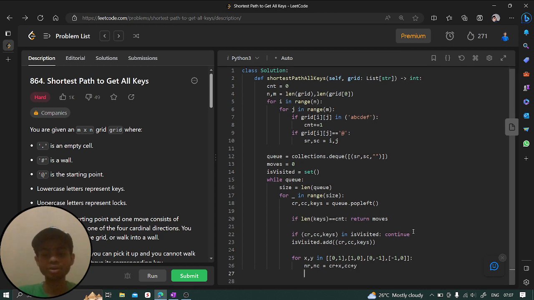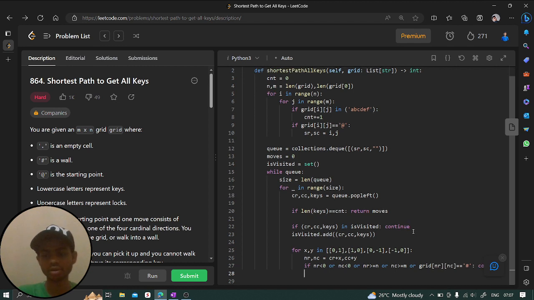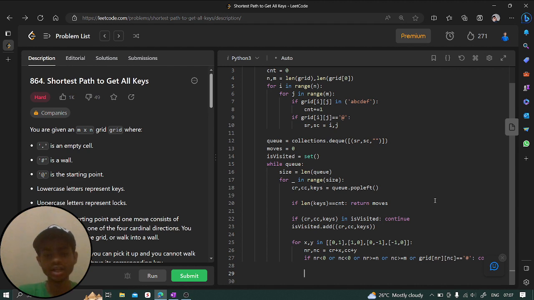Now once we got a new row and new column, we have to check first of all: new row should not be less than 0, or new column should not be less than 0, or new row is greater than or equal to n, or new column is greater than or equal to m, or grid of new row and new column is equal to hash. So if any of these conditions is satisfied, that means this is not valid, right? So we can say continue. Fine. And if it is not the case, then we are going to check some condition. First of all, let's say we have this character, right? So character is going to be nothing but new